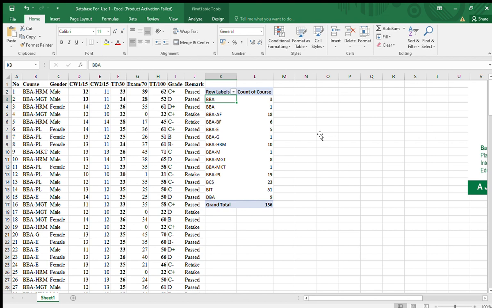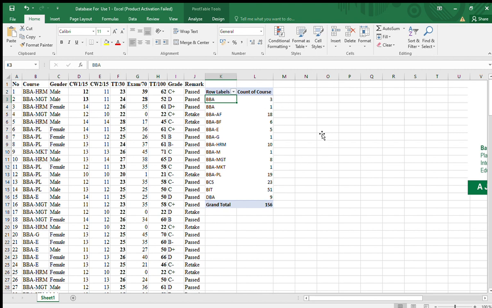The people who constructed pivot tables wanted to avoid people going through formulas or what you call functions to arrive at results. So if we want a column for percentages in here, maybe percentages of students doing courses,